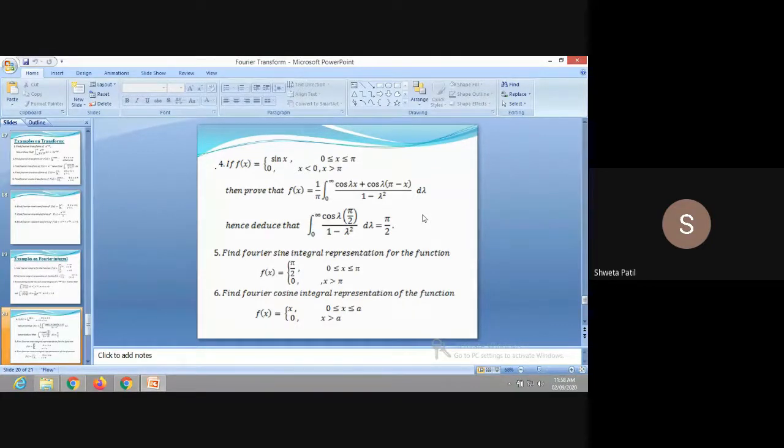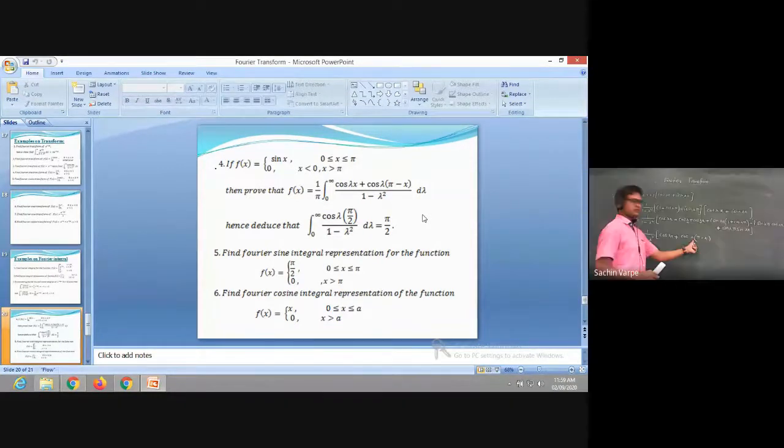So as lambda is common, I am taking lambda common, pi minus x. You can check, this is the term we are having in the prove part, cos of lambda into pi minus x. All right, this is how we can proceed. If you write plus here, then we don't have any plus term there. So if you are unable to recall the formulas, at least by trial and error or by reverse engineering, you should get the required result.